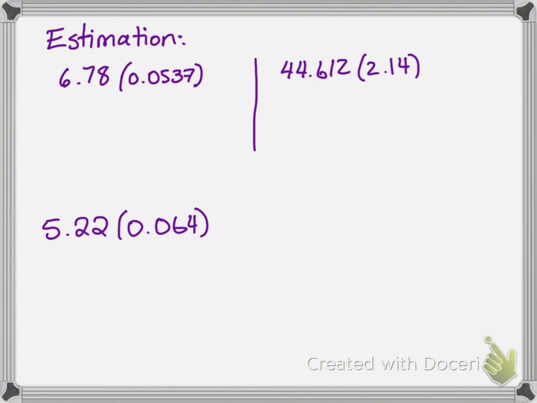So for example, in this case, we want to round 6.78. We round to the ones. So that would be 7. Why 7? Because I look to this one and the one next to it to the right. And since it's 5 or bigger than 5, we add 1 to 6. And then we're going to multiply times this one. Now notice that I can't round to the ones here because that would be 0. And 7 times 0 is not close to or a good estimate for this multiplication. So what we're going to do is round it to the 5. So in this case it is